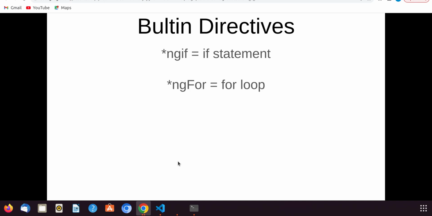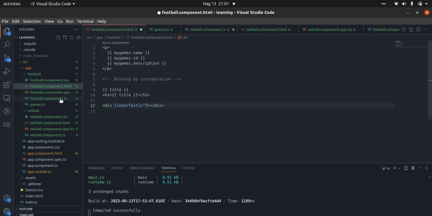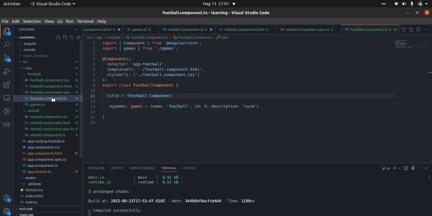So today we are going to look at just two of them, ngIf and ngFor, but next time we will come with a lot of other directives, because we just want to have an awesome view of how Angular basically works. Okay, so let us see the one for ngIf. We'll be coming here to our games component.ts, and